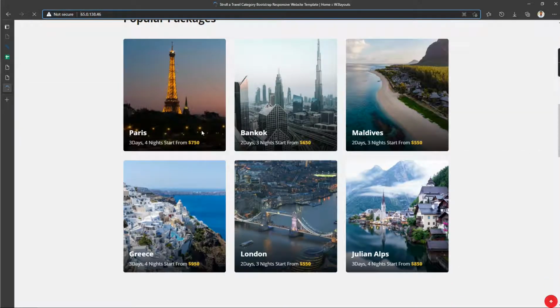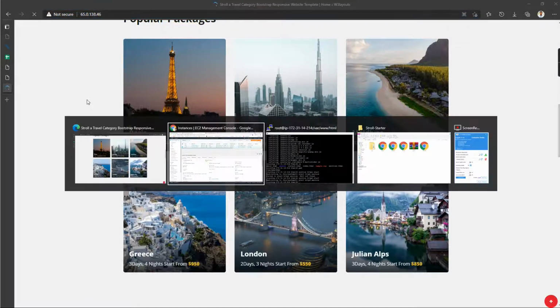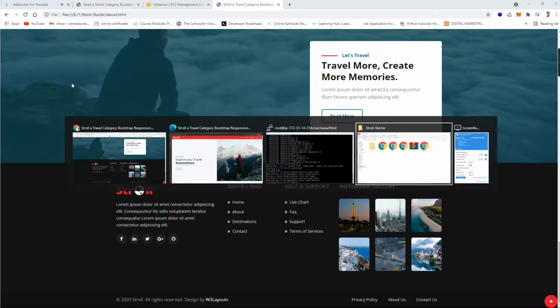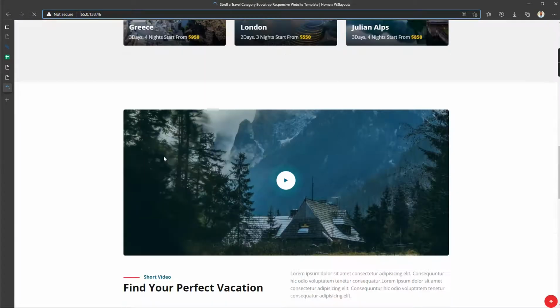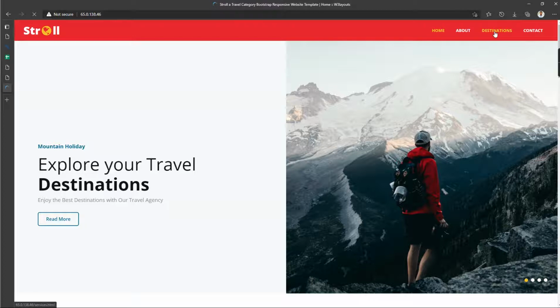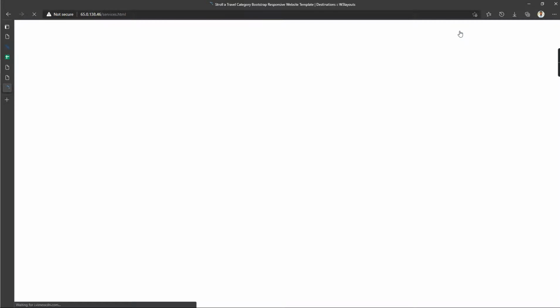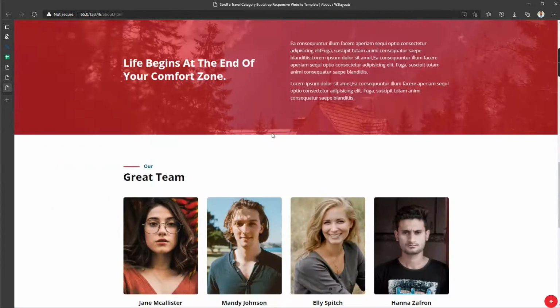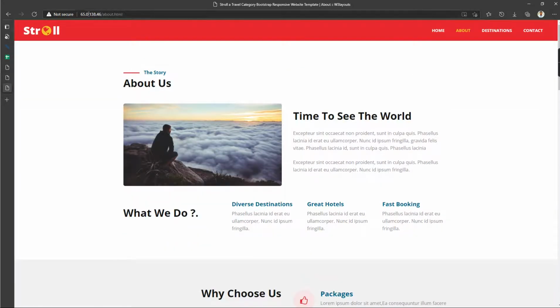You can use it anywhere. Earlier this website was on my private PC, and now this website is hosted live. I can go to any section I want, the destination files and about files, etc. It takes me there as well, and there is no lagging on Amazon Web Services. In this way you can host your website live using this IP address.